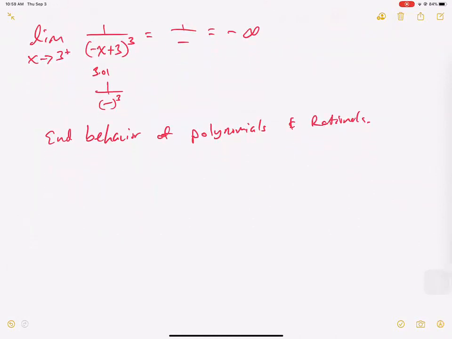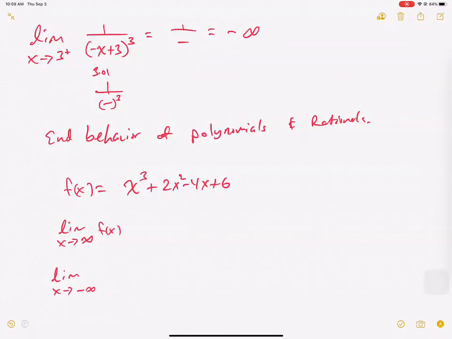If I say f of x is equal to x cubed plus 2x minus 4x plus 6 squared, please understand that the limit as x goes to infinity, or the limit as x goes to negative infinity, of this problem here,